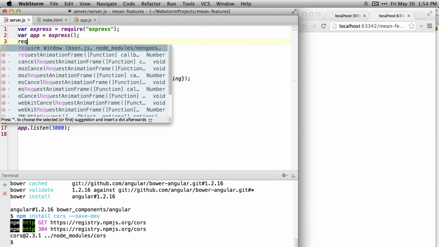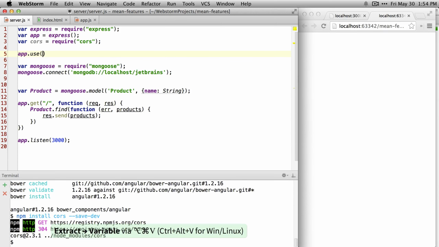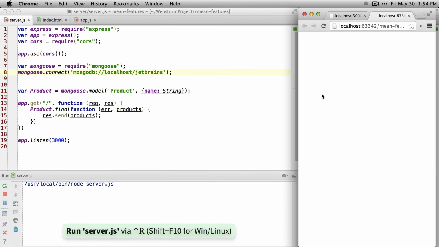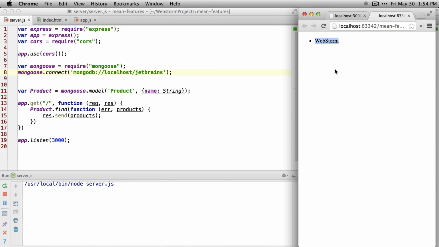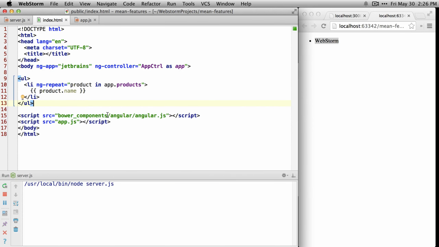and we'll say require cors, and we'll say app.use cors. Then I'll restart my server, and then when I refresh again, you can see it loads in WebStorm as the product. So now it's time to go the other way, so we can post a new product, and we'll just